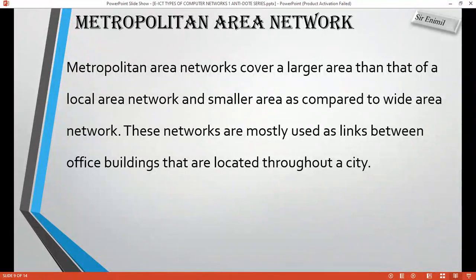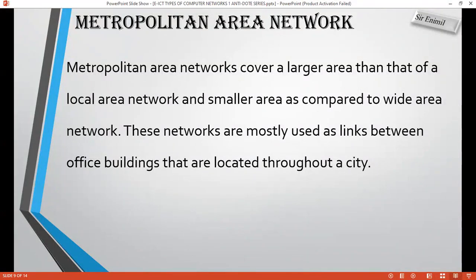Now, when you form a network, it doesn't mean that you necessarily have internet, meaning connecting to the outside world. No. When you form a network, it means that you are sharing things within the network that you have created. It means that you're not connected to the outside world. If you want to connect to the outside world, then you're looking at what? Bringing your ISP in to connect you to the outside world. So you need to get that difference clearly. All right. So with a metropolitan area network, when it comes to resource sharing, you're not limited to a particular geographical area. You are allowed to cover an entire town or an entire city.